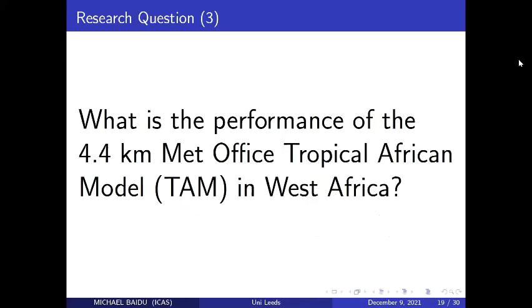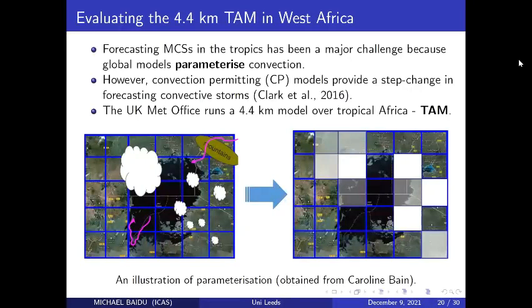I move on to the last part of the work, where we now look at the performance of the Tropical African model, the high resolution Tropical African model from the Met Office. The motivation for this, as mentioned earlier, is that forecasting MCSs in the tropics has been a major challenge because global models parameterize convection. When I say parameterized,